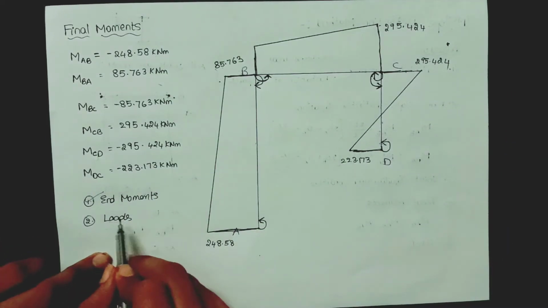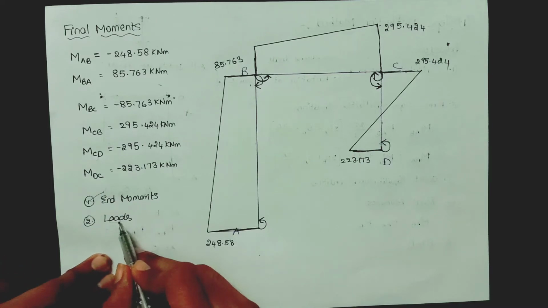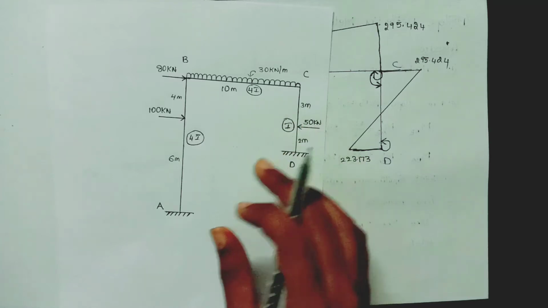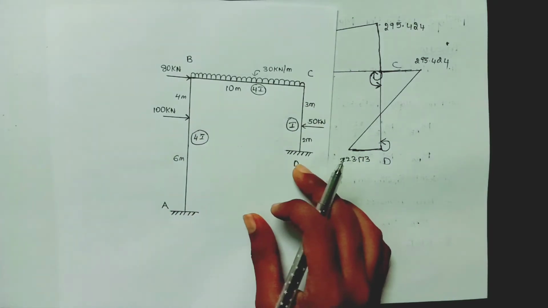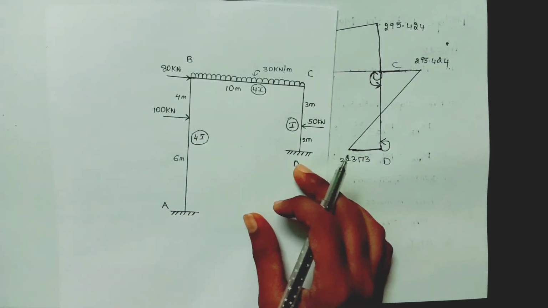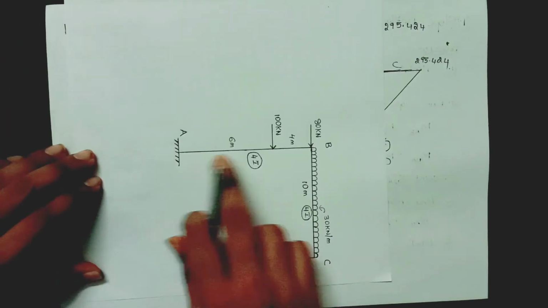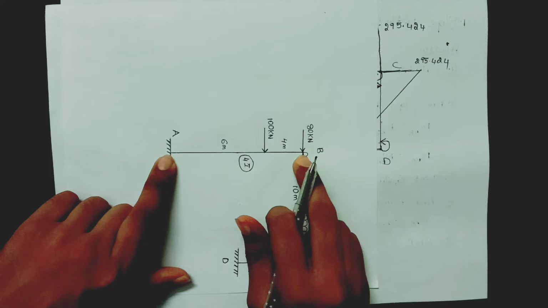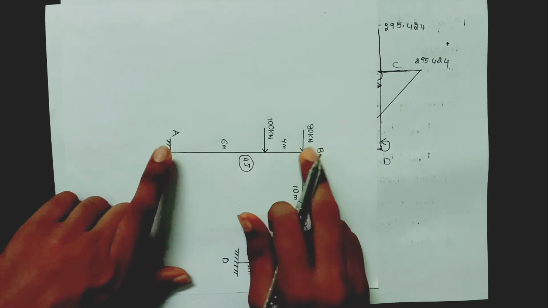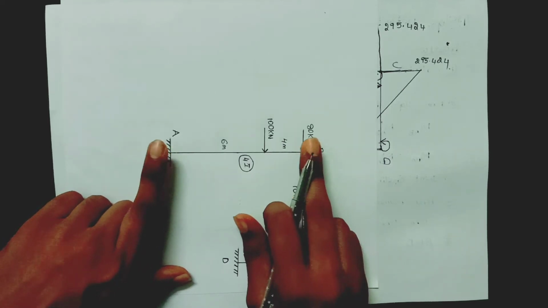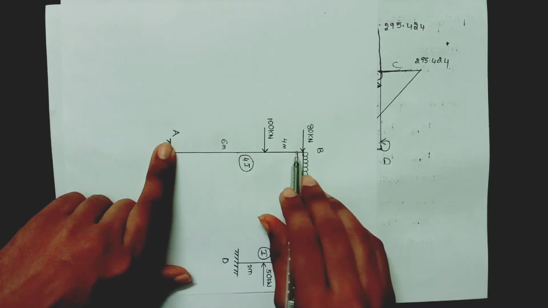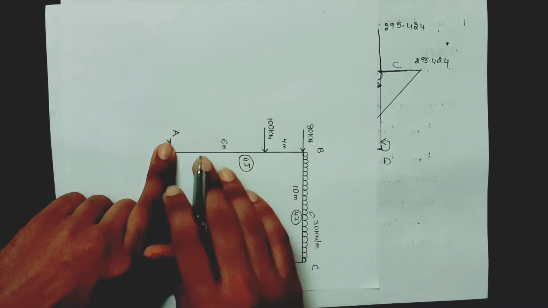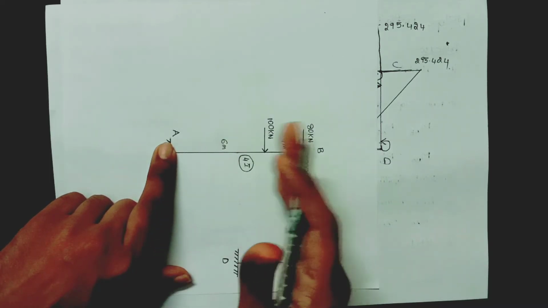Now we have to draw the diagram based on the given loading system. So in the given diagram, now treat each member as a simply supported beam. For example, I will take member AB. So here is the member AB. Now take this member as a simply supported beam. So assume this as a simply supported beam. Now there is a simply supported beam having a point load not at the center, somewhere at a distance.